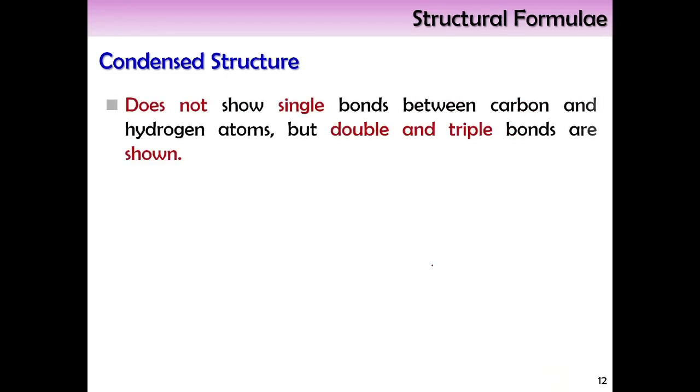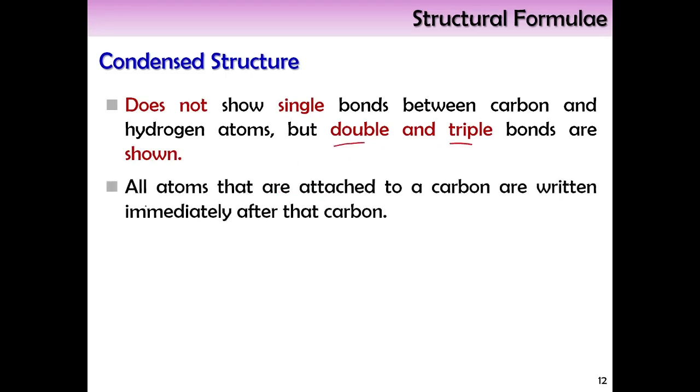Okay, next, condensed structure. It does not show single bonds, but for a cyclic compound, you still draw the single bonds. If it is not a cyclic structure, meaning a linear structure, you show the double and triple bonds, but not single bonds. All atoms that are attached to a carbon are written immediately after that carbon. Okay, what does this mean? Let's say I have a structure like this: